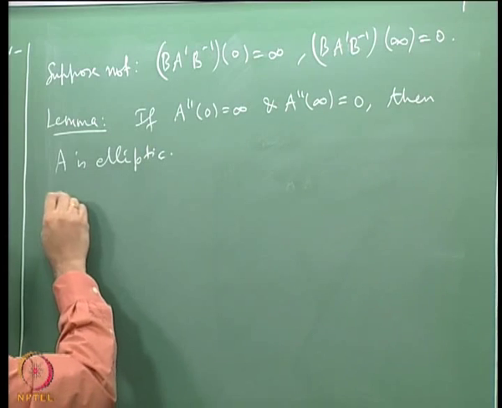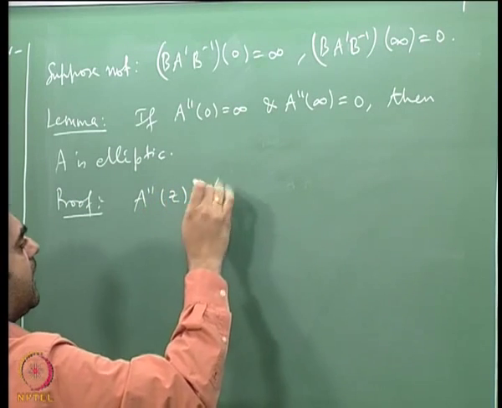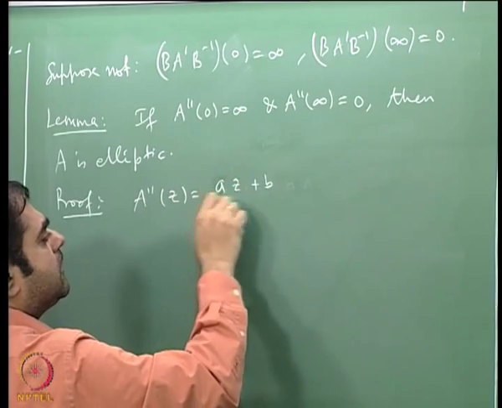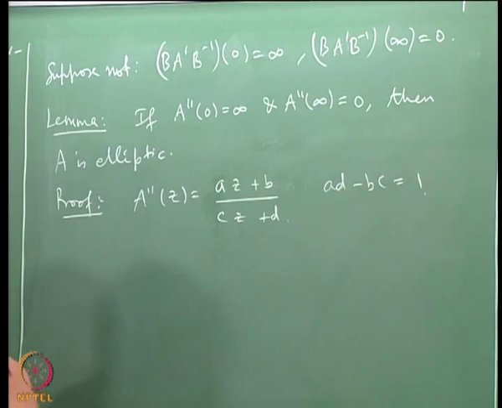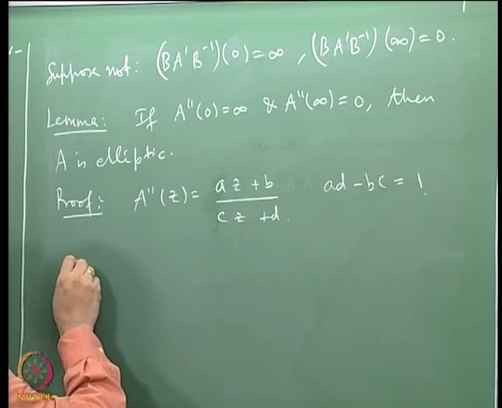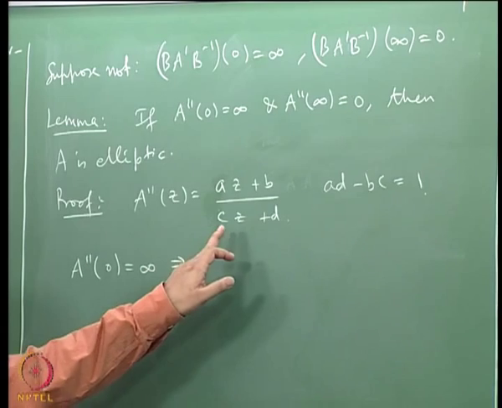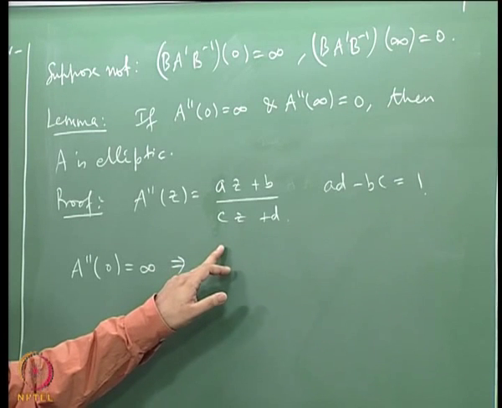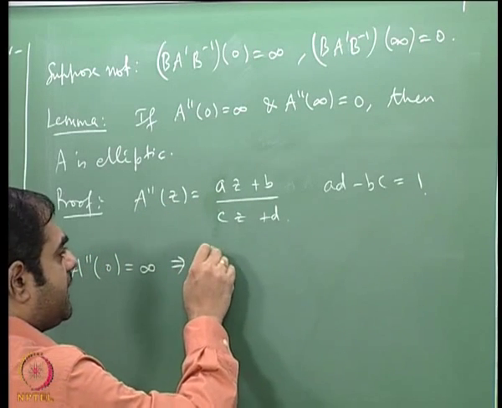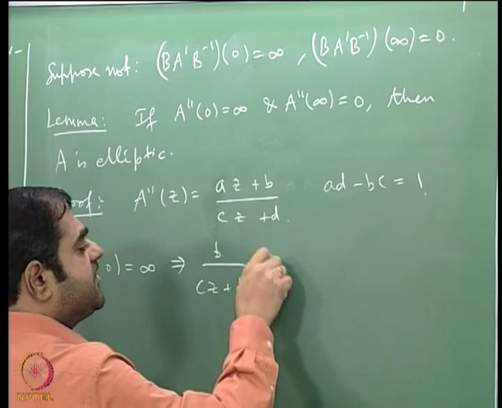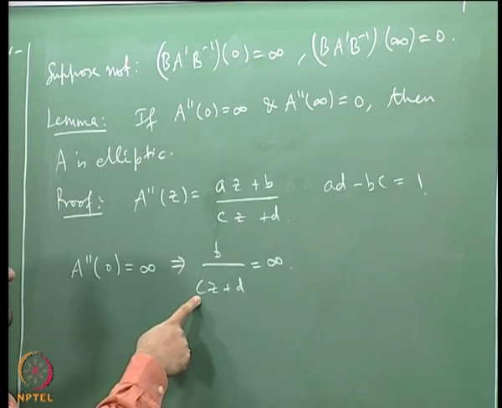okay, because you see the proof is, write A double prime of z as (A z plus B) by (C z plus D), okay, with AD minus BC equal to 1, write it in this form. Now A double prime of 0 is infinity, so when I plug 0 inside this I should get infinity, that means the denominator should vanish. So let me write that down. I will get B by (C z plus D) is infinity,